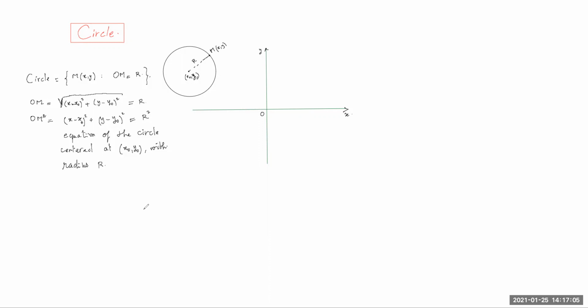So there are three elements characterizing the circle: the radius and the center. Knowing those, we can formulate the equation, and inversely, if we have the equation, we can identify the center and the radius. So let's do an exercise. The first one: find the equation of the circle